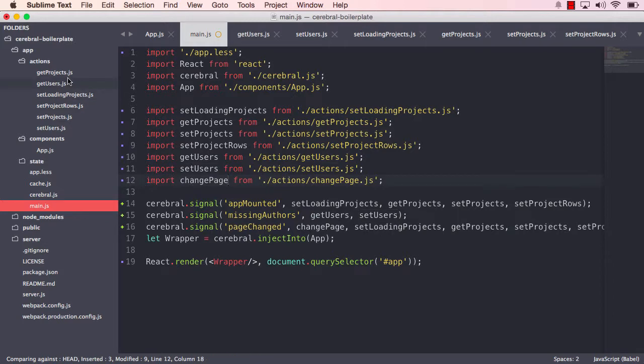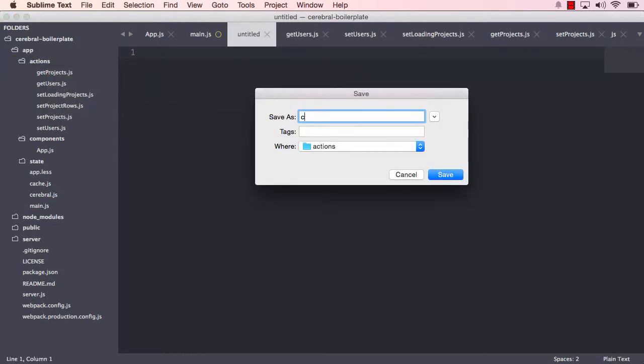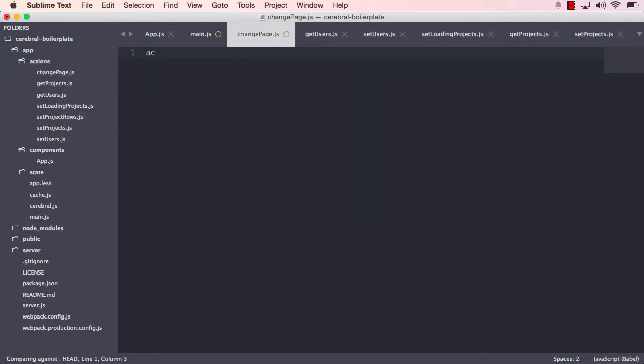And this will receive the -1 or 1. So we can create that action now. Change page, JS, action, change page. And it will